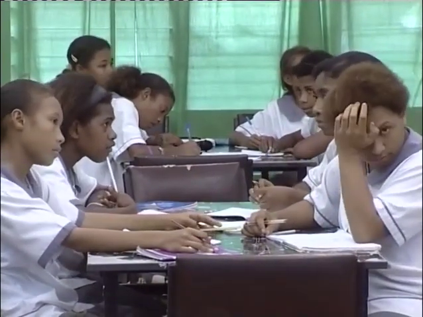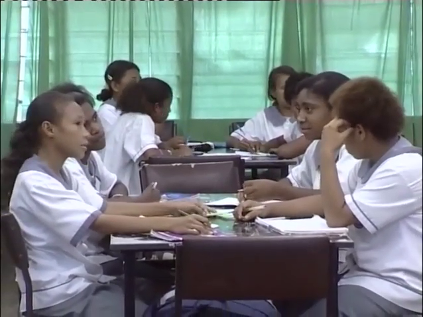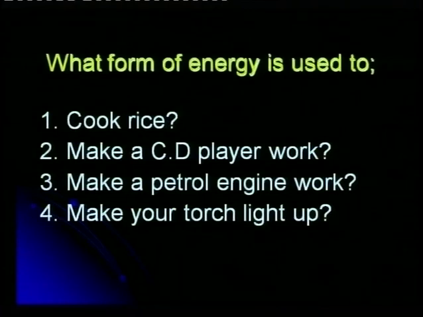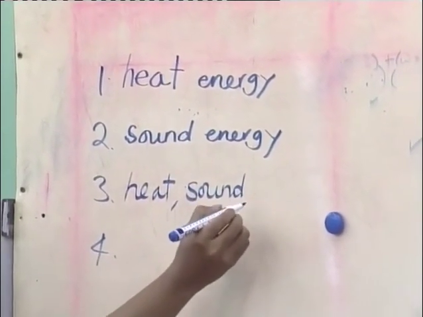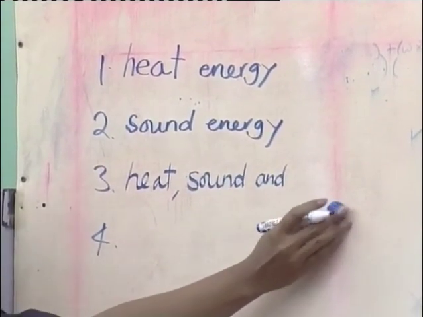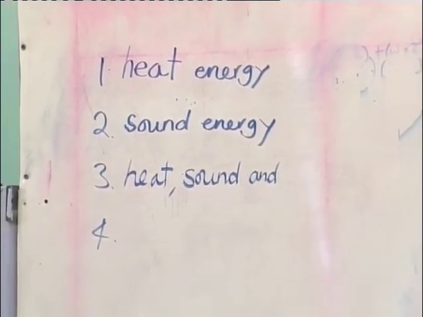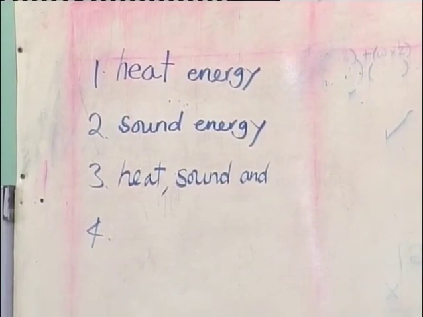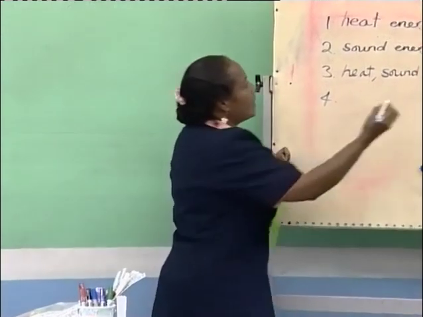All right, next one. Make a petrol engine work. If you have written fuel, half mark because that's the source of energy. Vanessa, your group, what did you come up with? Petrol, that's the form of energy. Source of energy. Okay, Vanessa's group is not ready. All right, the petrol burns, and that form of energy is, it can be heat, sound, and motion or movement. And that kind of energy is called,